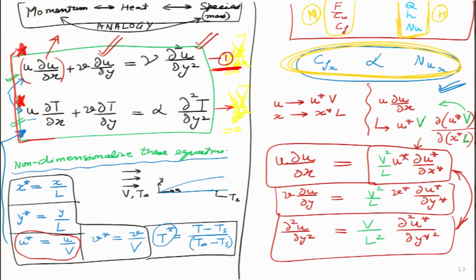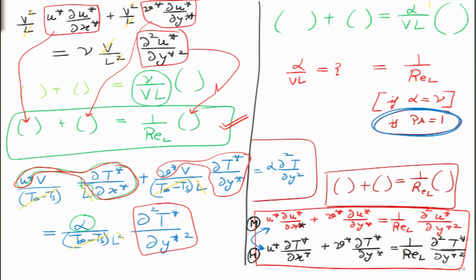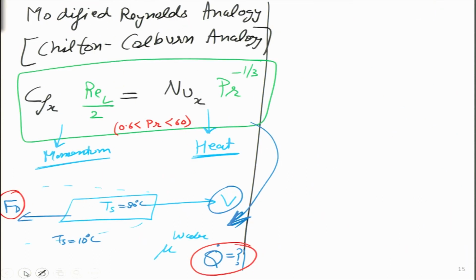So, the non-dimensionalization process we have used is given on the bottom over here. Then we spent some time, we non-dimensionalized the equation, and finally, we can show over here with the red arrow that momentum and heat equation in non-dimensionalized form, under the assumption Prandtl equal to 1, look exactly the same. So, it is a very interesting result that we found, and encouraged by this result, we then went on and formally looked at the modified Reynolds analogy, or the same thing known as the